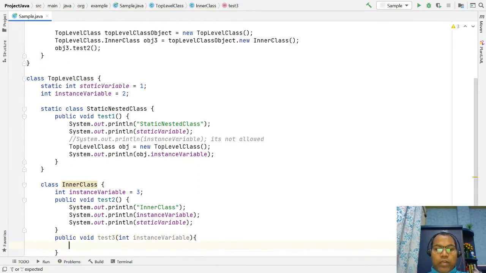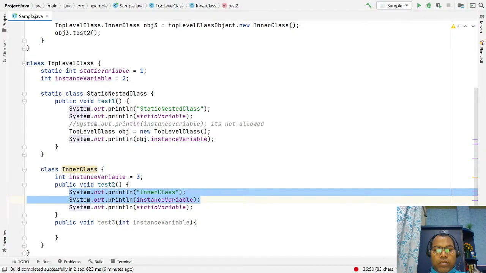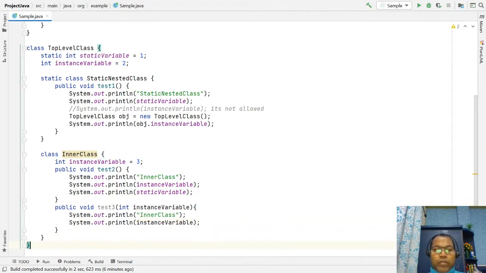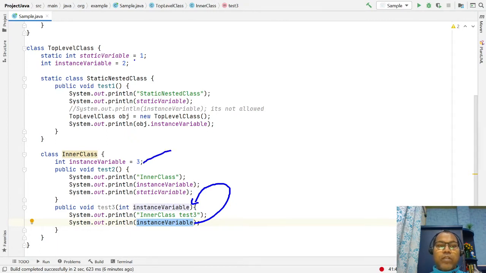So here if you try to access test3, this is referring to the local variable. This cannot refer to the instance variable. Okay, if you run it,